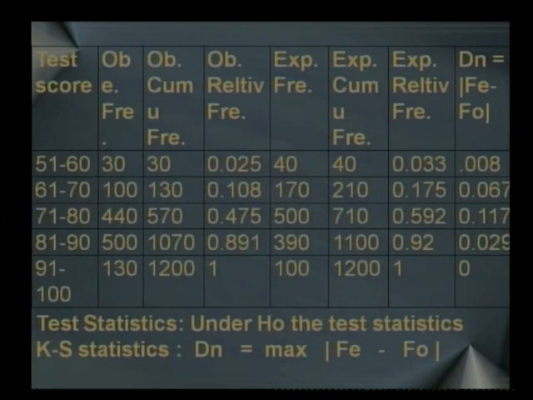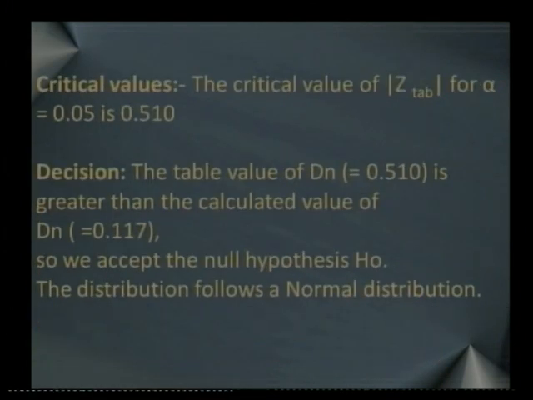In the last column I calculate Dn, which is Fe minus Fo. The decision: the tabulated value is 0.510 and the Dn I have calculated is 0.117. Here again the tabulated value is greater than the calculated value, hence we accept the null hypothesis.